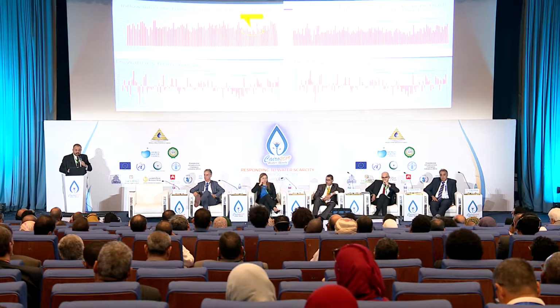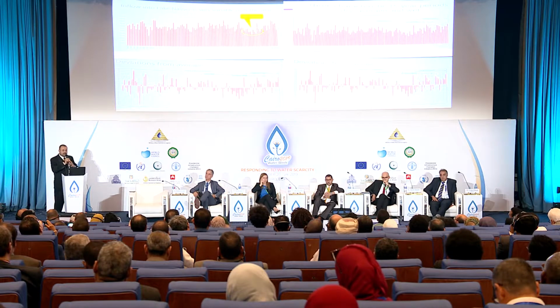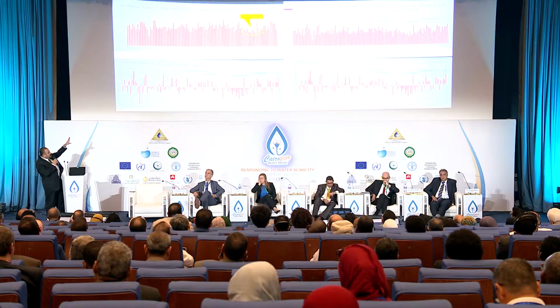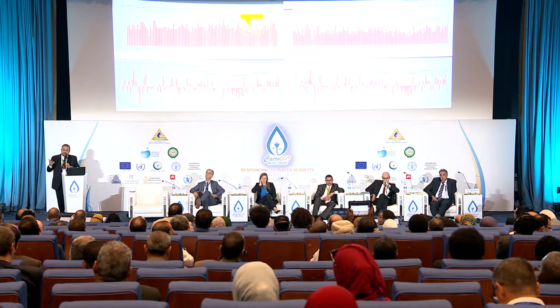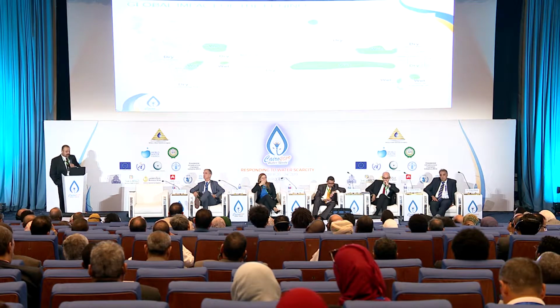Yesterday we got very great presentations from the speakers. I just took some snapshots from Deltares' presentation, a very long time series of the Nile flow. You can see here a representation of some stochastic processes and some probabilities, looking into areas or regions where you have wet seasons or dry seasons, and in the images down below, just representing deviations from the norm. Doing that, you were able to highlight time periods where you have really prolonged droughts or others which are quite wet.